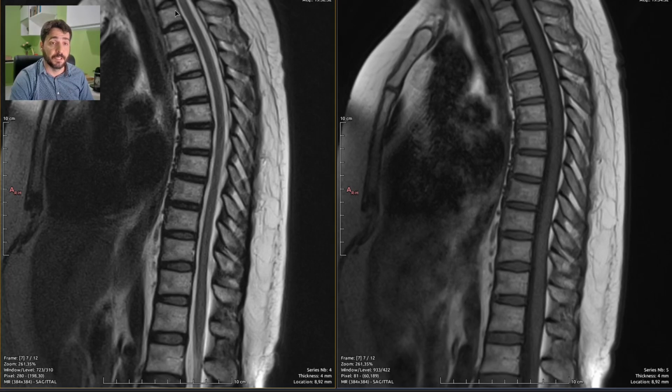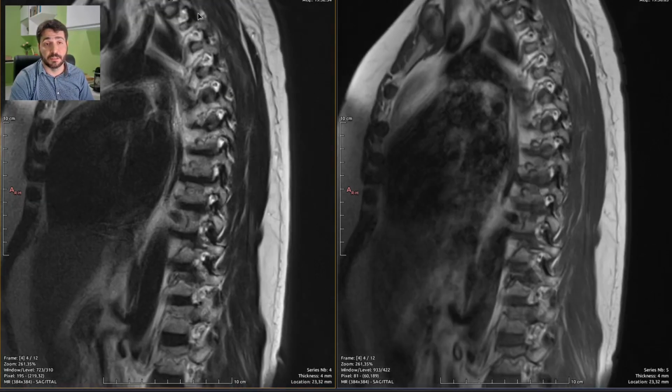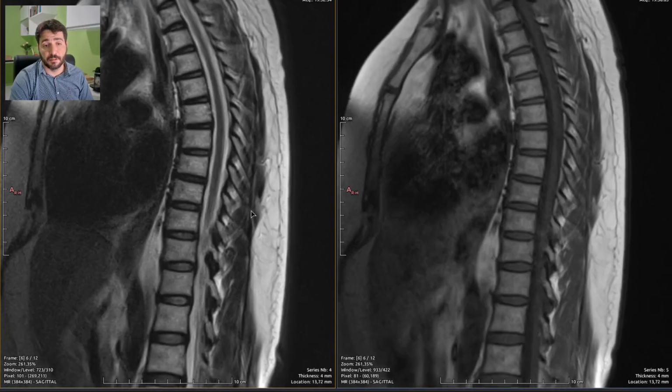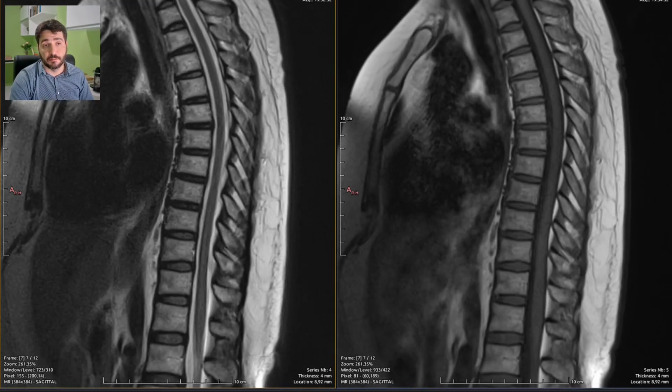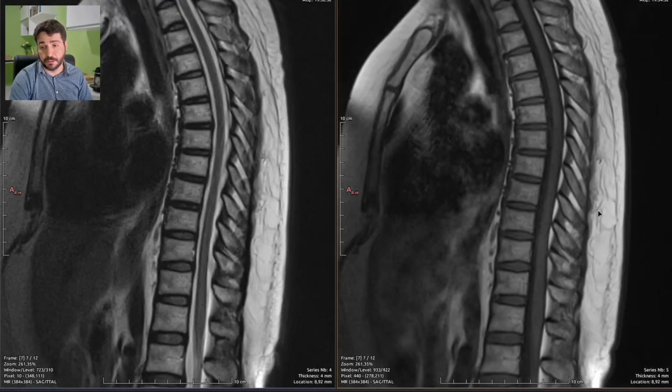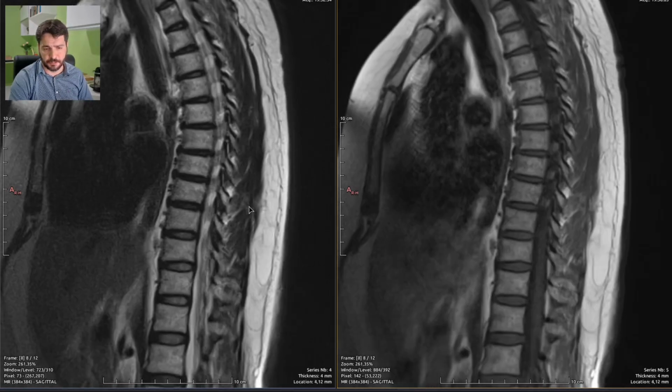So these are the vertebral elements, the bodies and the posterior elements, the neural foramina, the vertebral canal, where the spinal cord is actually there. This is a T2 because fat is bright and spinal fluid is also bright. And this is a T1 because the fluid is dark and the fat is bright. So you will eventually get used to it, and just by looking at it you are just going to know